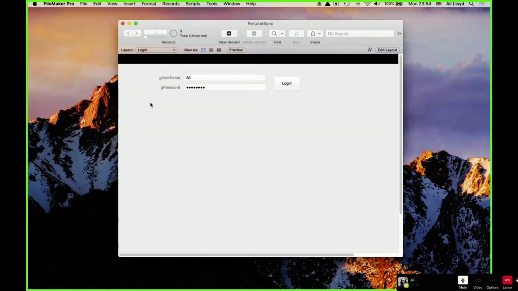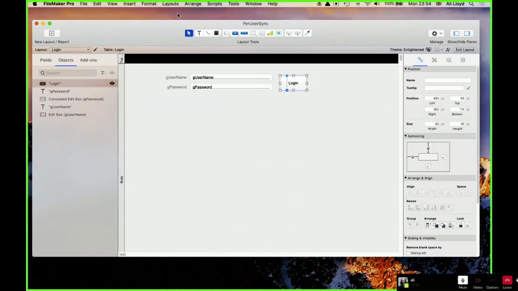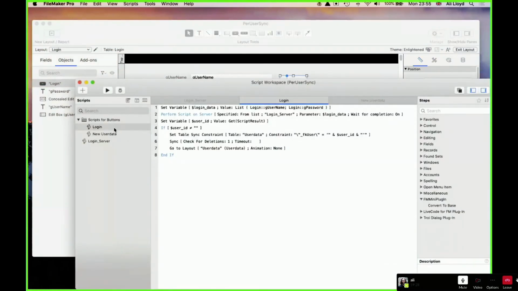Here you've got a very basic login screen and a login button. And this is the script of the login button.